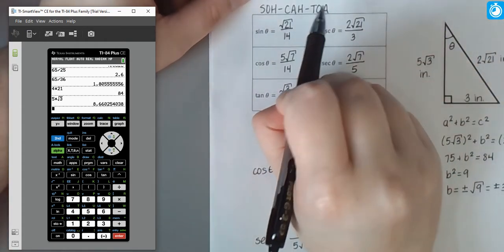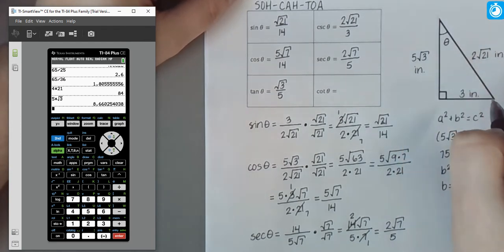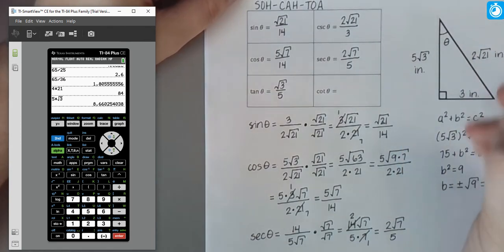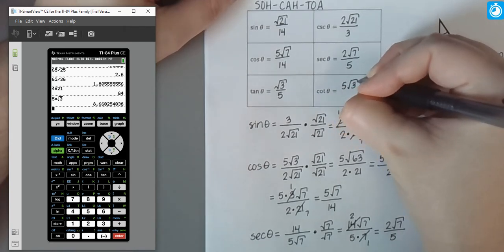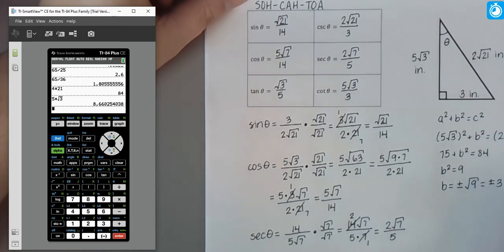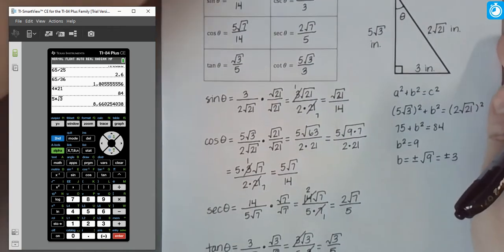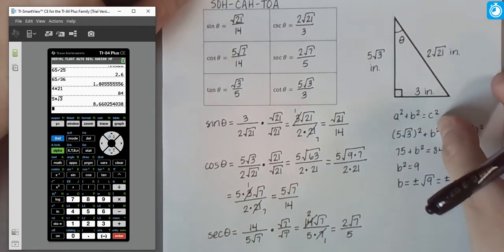And then cotangent will be adjacent over opposite. So adjacent over opposite. And so it turns out that's already rationalized in that form. So cotangent is going to be 5 root 3 over 3. There we go. So a little bit more involved with this particular problem in order to get all of those